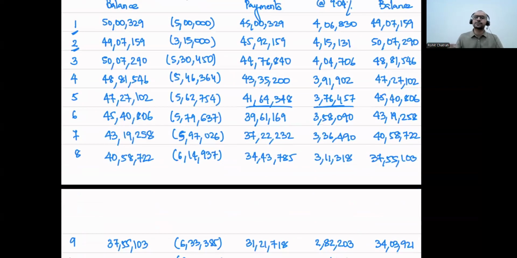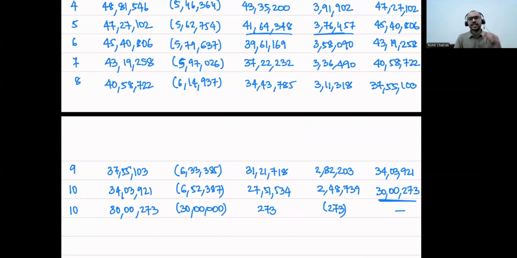In this case, because we had a purchase option and because we were reasonably certain to exercise the purchase option, at the end of 10th year, the lease liability did not go down to zero. We were left with a balance of 30 lakh 273, and that would go down to zero only upon payment of the purchase price. Therefore, for 10th year, I've intentionally created two rows.